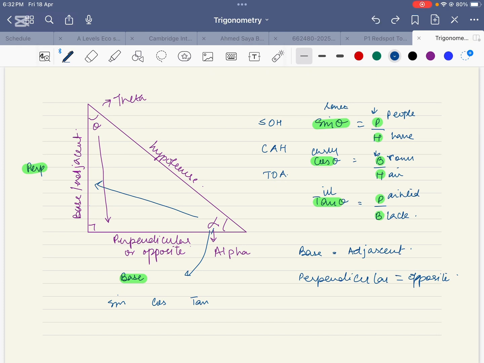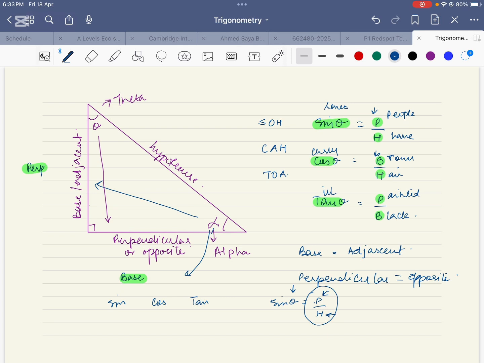Now do we have to remember the values of these ratios? No. Let's see how we use it. This ratio can be used, as we can see that each ratio has three variables basically. Sine theta is equal to perpendicular upon hypotenuse. One variable is perpendicular, one variable is hypotenuse, and one variable is the angle. So initially we will solve for a side, so we need the angle and we need at least one side.